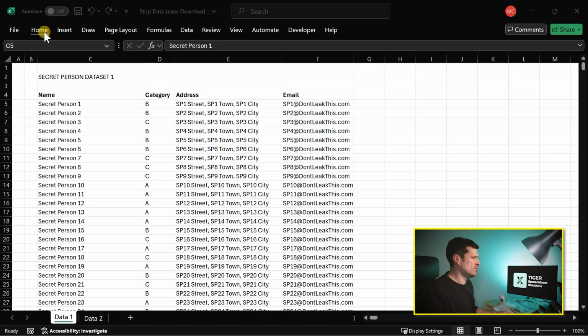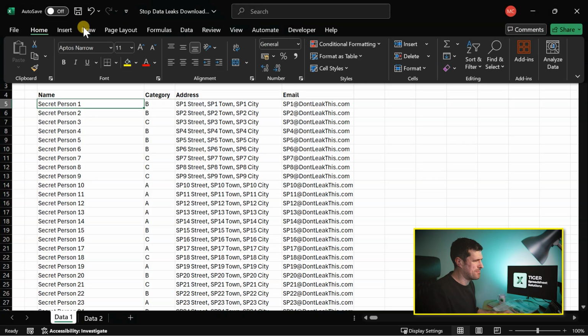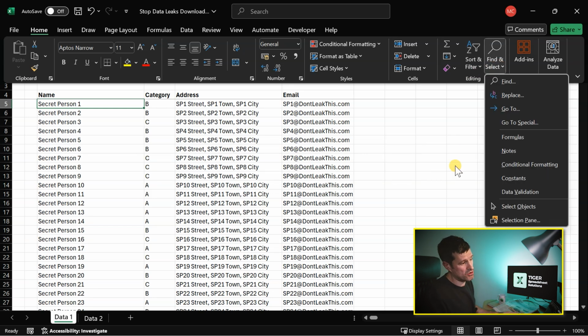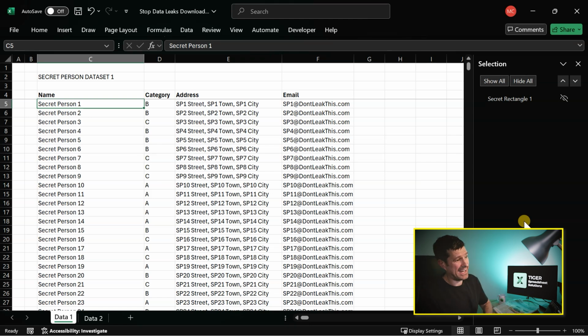Well, actually, there's another one on this worksheet. So how can you find it if someone's hidden the shape? We're going to go to Alt-P-A-P on the Windows PC, which will allow us to access the selection pane. So access the selection pane here, and we can see by clicking the unhide button here,